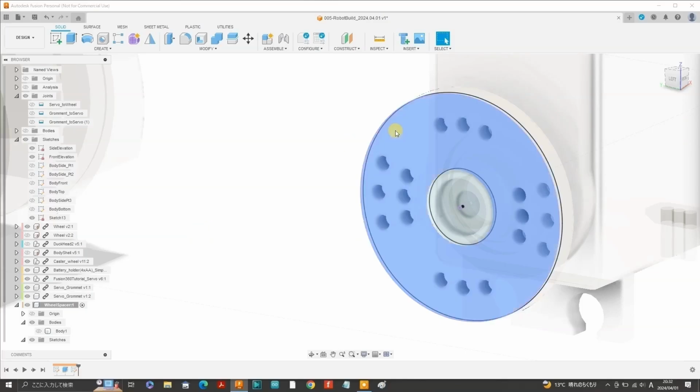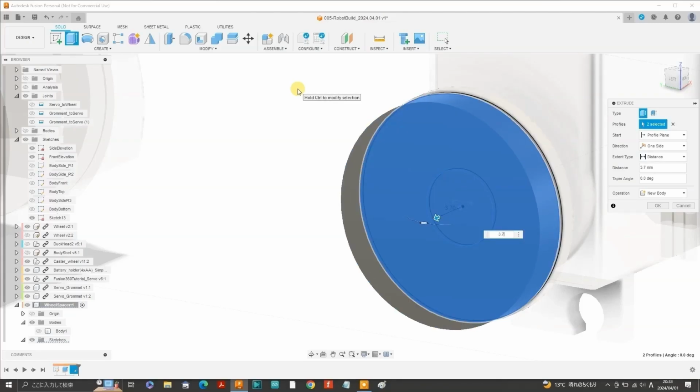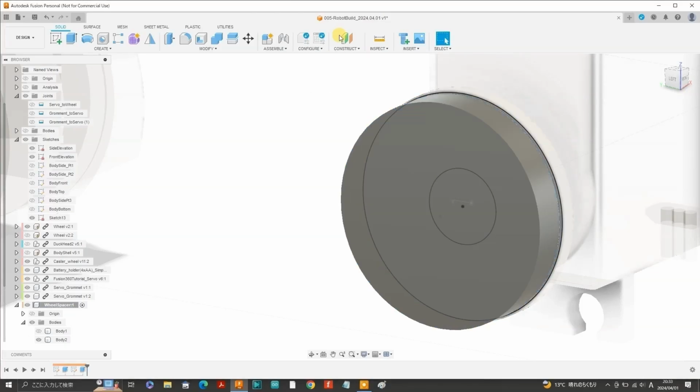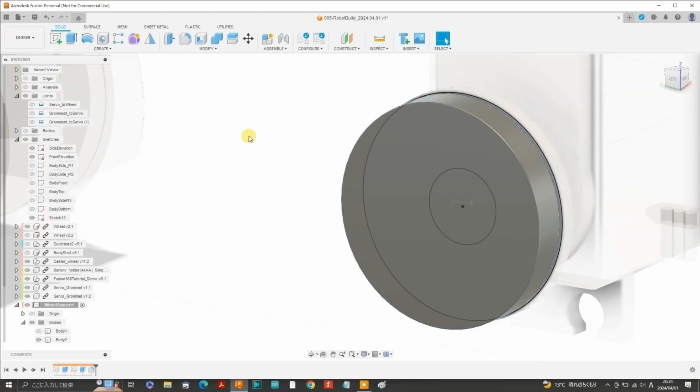Then extrude again, this time by 3.7 millimeters, while selecting that surface and the inner surface area as well. So we end up with a 0.5 millimeter thick washer type of spacer and also a separate 3.7 millimeter spacer on top of that. I'll just do a 0.2 millimeter fillet on the outer cylindrical surface of the spacer there.